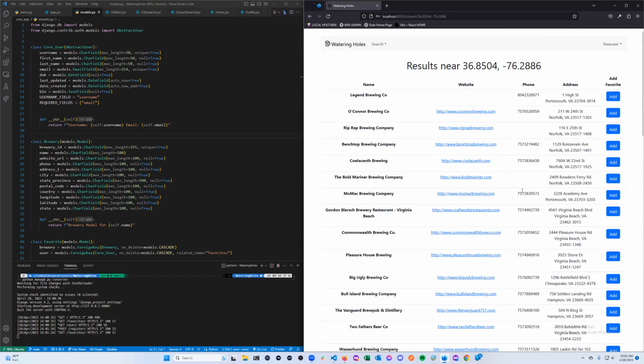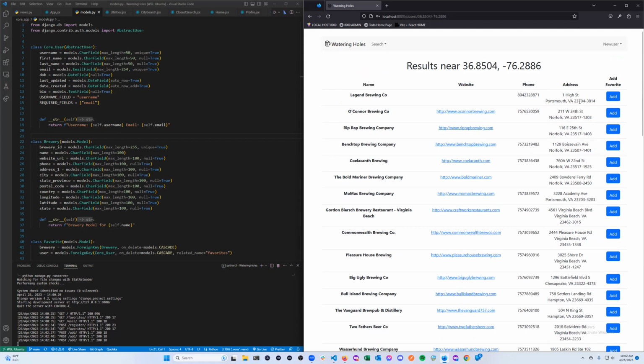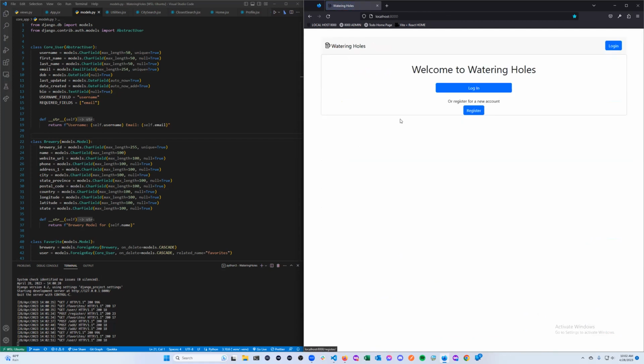So I can go through here and say, oh yeah, this one looks good. Rip Rap, it actually is good. So we'll add that favorite. O'Connor sucks, but we'll add that one too. Let's see, Big Ugly. I should probably go there. I haven't checked that one out. Chesapeake. All right, so I just added a couple of favorites. So if I go back to the homepage,